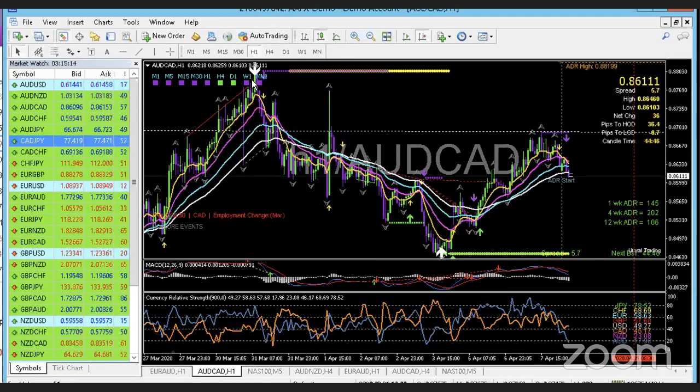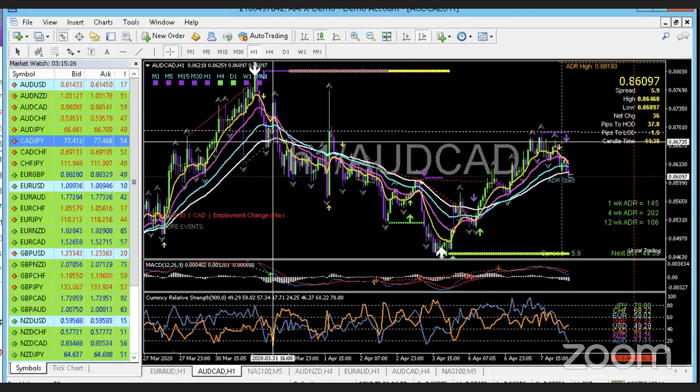You have your triple arrow, or if you have access to the newer app, the tool he is releasing, you still want some confirmation, such as the break of the 50. So for example, here, you want to get in here. If you've already seen that this has moved, let's measure. From right here, we get that break. If you look at the candle here and it's already moved 83 pips,